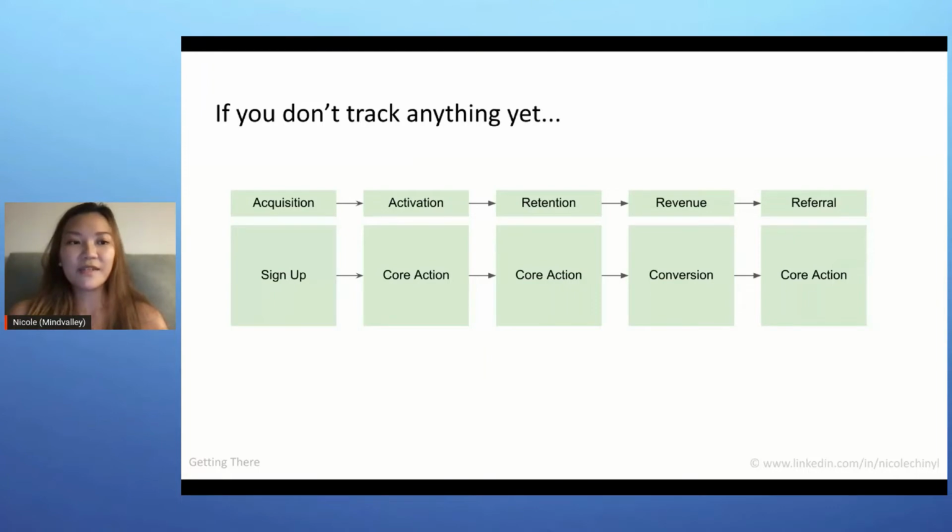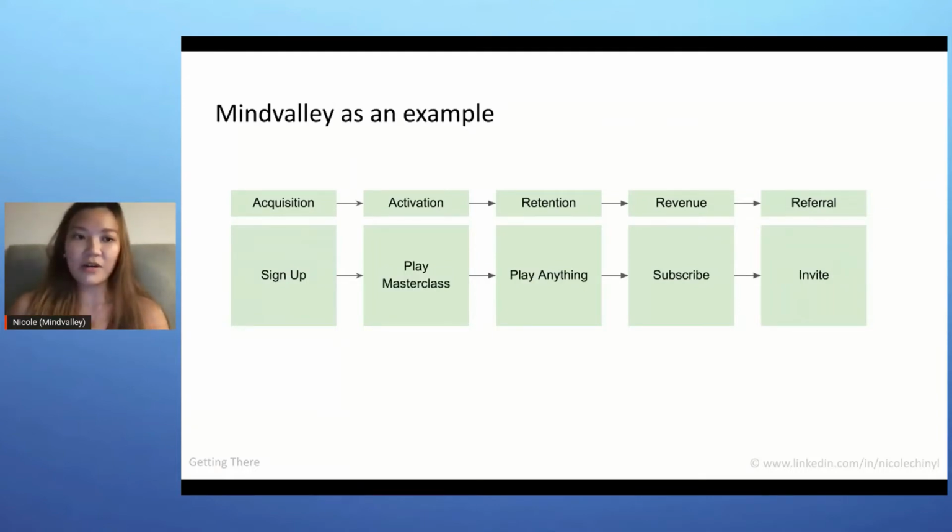So when a user first lands on your app for the very first time, and the activation action would be a core action. This generally differs depending on what your app does and what the core product value is. And of course, the retention is also the core action, and revenue is a conversion, and referral is the core sharing action and whatnot. Now, using Mindvalley as an example,